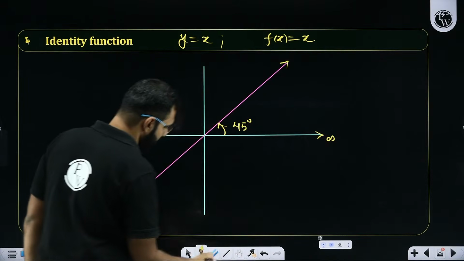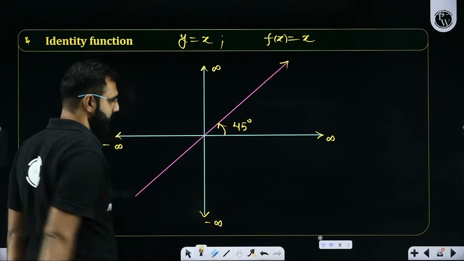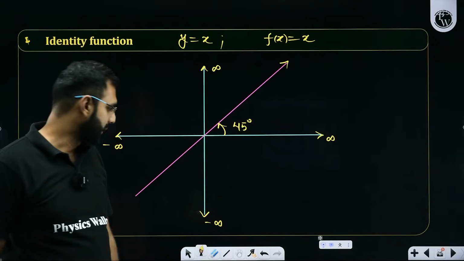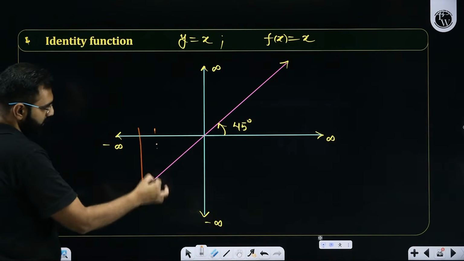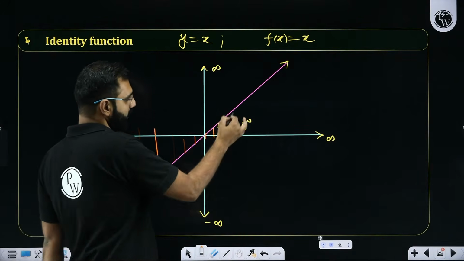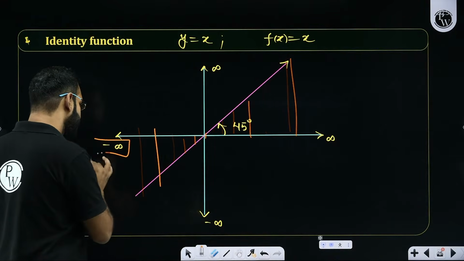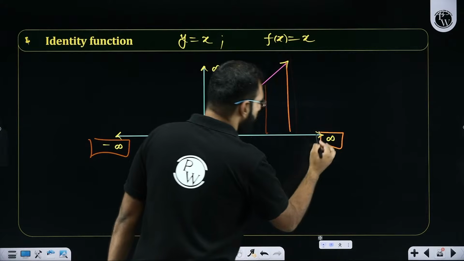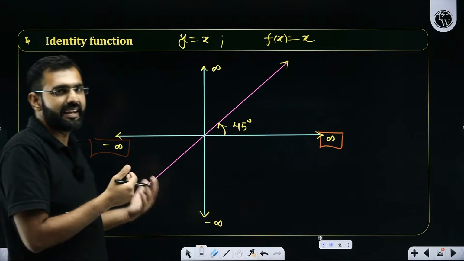So can somebody quickly tell me what is the domain and range here? Anyone? What is the concept of domain? It's a very simple idea where you just check the existence of the function along with the x-axis. So sir, I think on the x-axis, the graph exists from minus infinity to infinity for all the real numbers, doesn't it? I mean, I can process any input here.